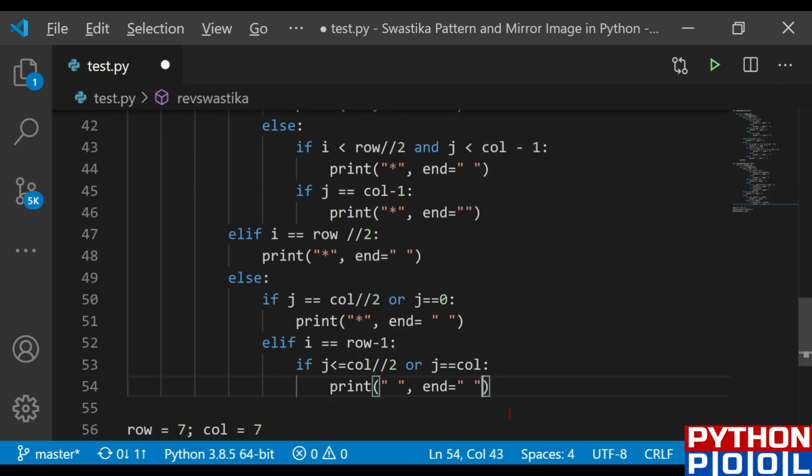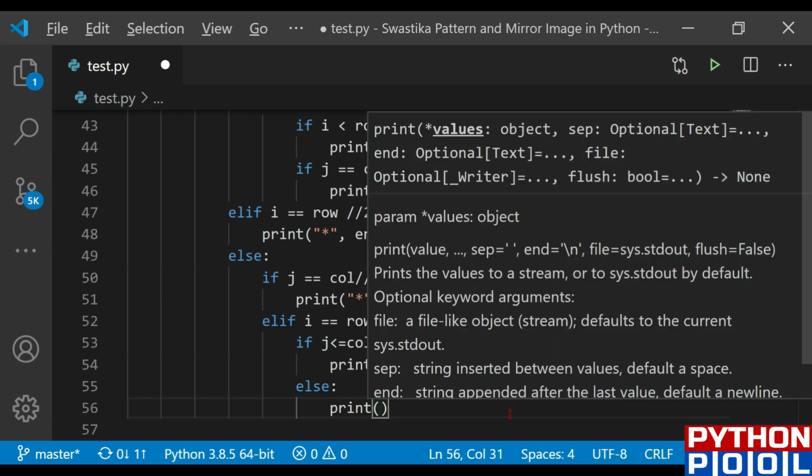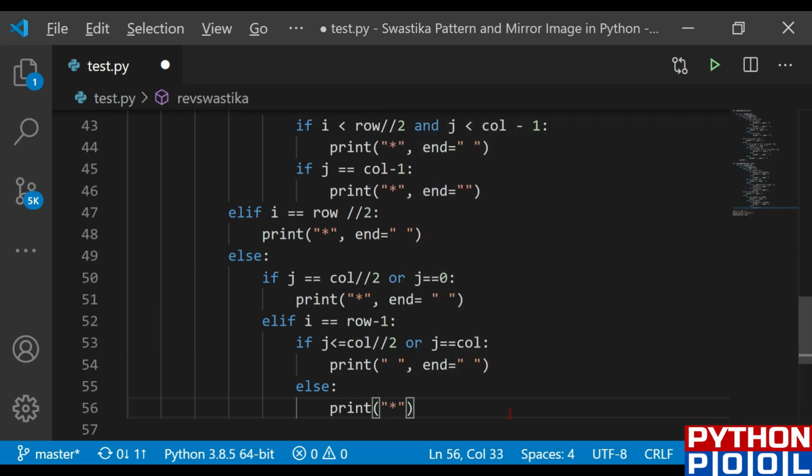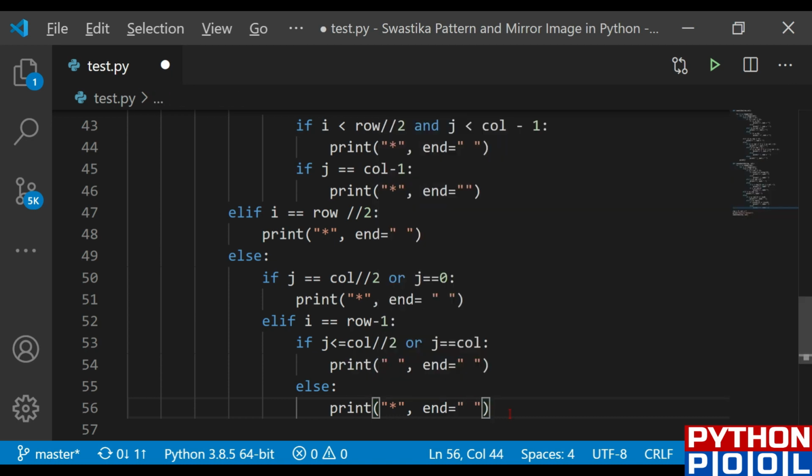Okay, done, perfectly fine. Okay, jumping to the else condition. For this elif condition particularly, in the else condition, I need to print the stars, because we are printing the reverse image. So let's print the stars right here, and let me give some gaps.